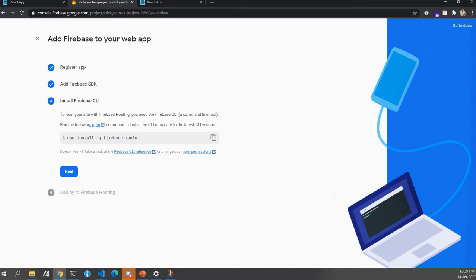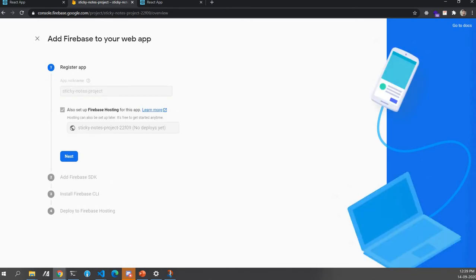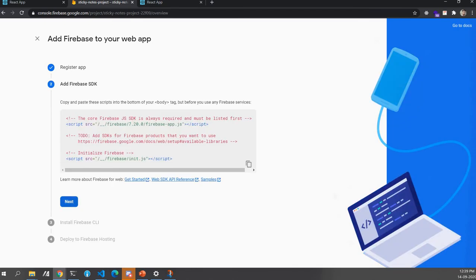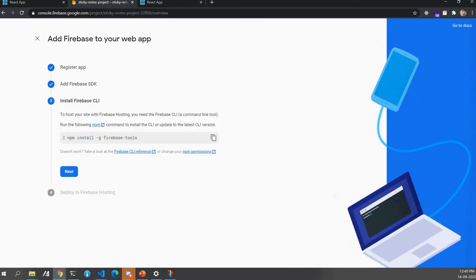You will be asked to register app. Inside register app, you will see this. I created a nickname and I clicked on also set up Firebase hosting. In that step, I did next, and then I skipped this part and did next. I went to this particular thing.